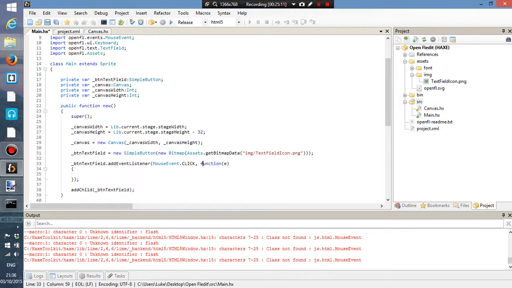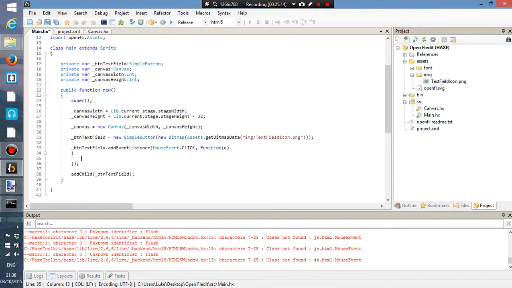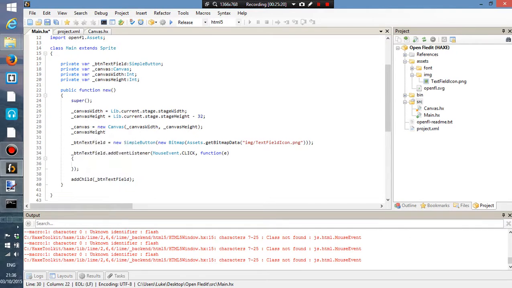Yay! Everyone can be happy. Yeah, right. Anyway, so now what I want to do is simply say canvas.y is equal to 32, and then when we click, well, first of all we want to add the child, add the canvas,